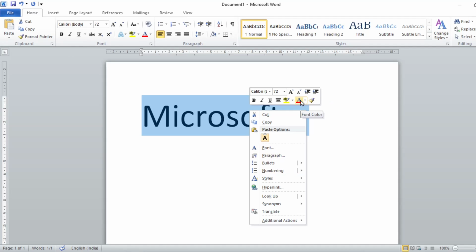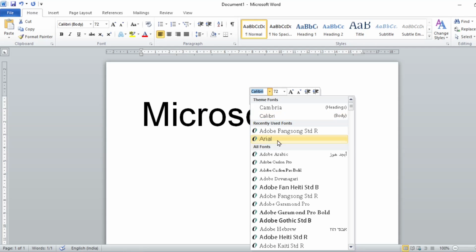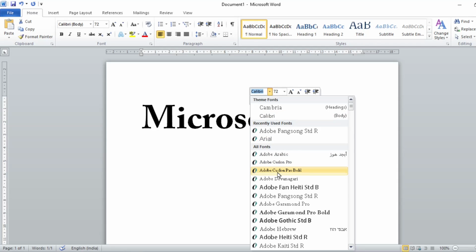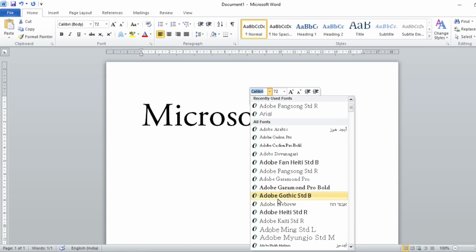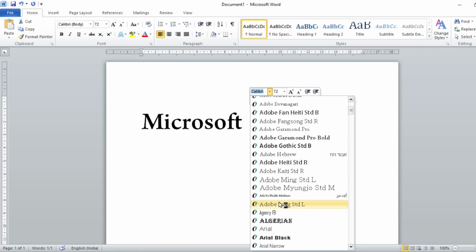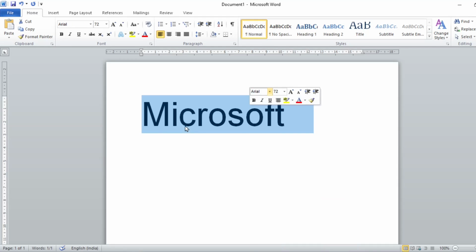Now let us change the font itself. You can just select over here whichever font you want, simply by clicking on any one you want. I think my favorite one is Arial, so let me select Arial over here.